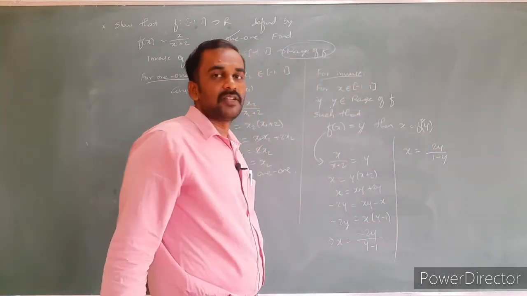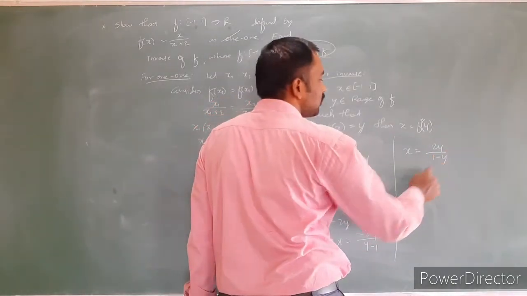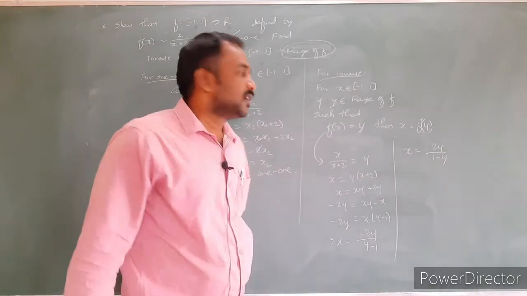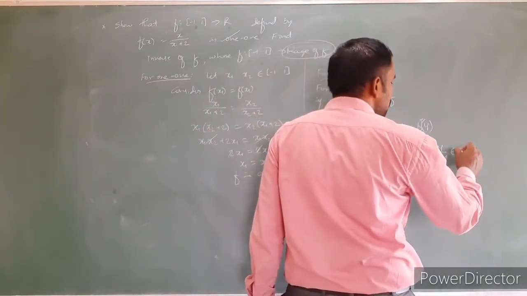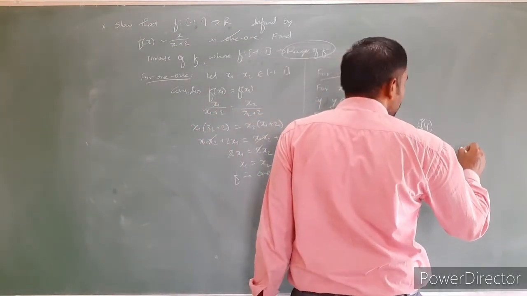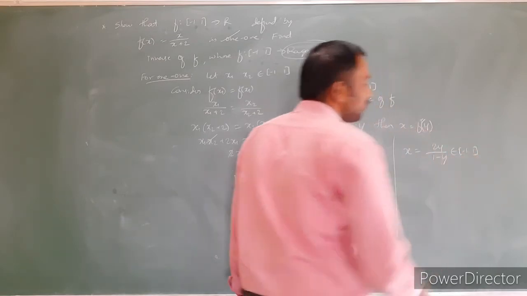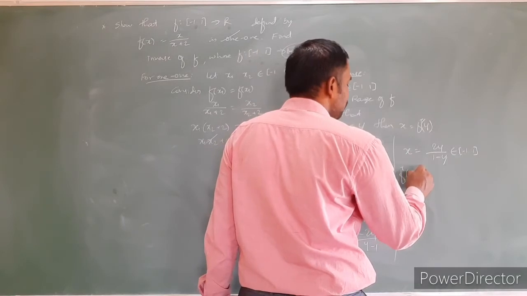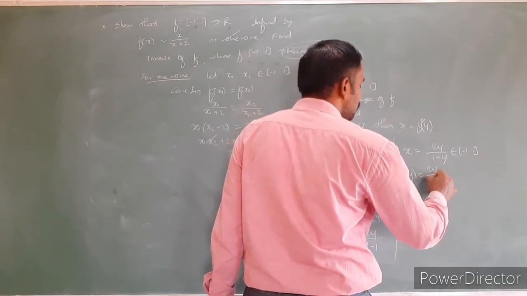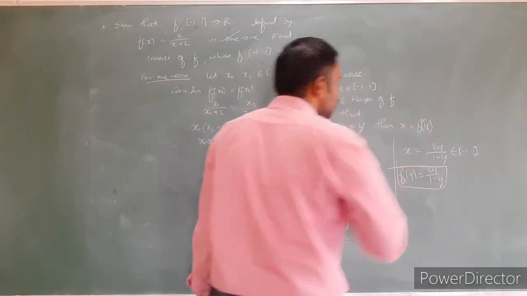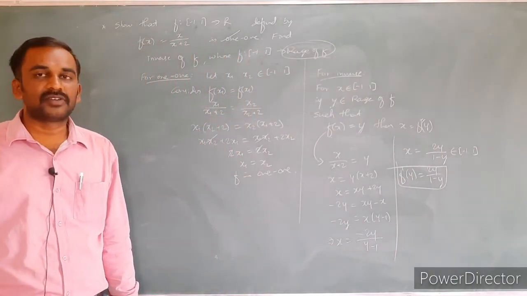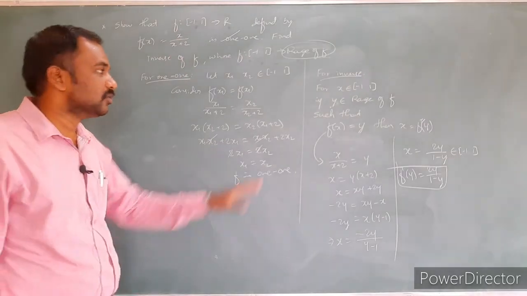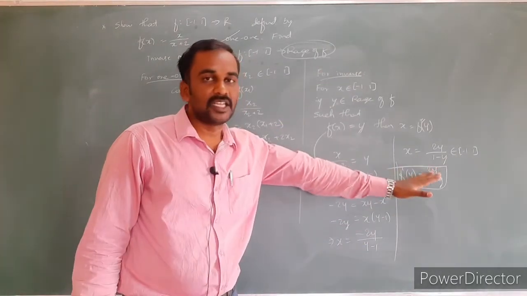This minus is multiplied into the denominator. x is equal to 2y divided by 1 minus y. It is the x value purely in terms of y. So obviously it belongs to the domain set. What is the domain set? Minus 1 to plus 1. So hence we can say the required f inverse of y is equal to what? 2y divided by 1 minus y is the required inverse of the function f of x is equal to x by x plus 2. This is how we have to find the inverse.